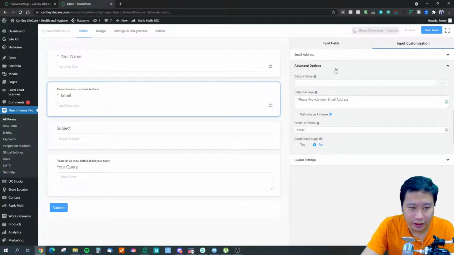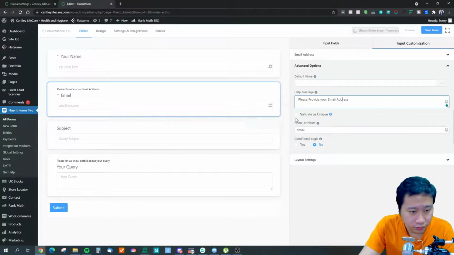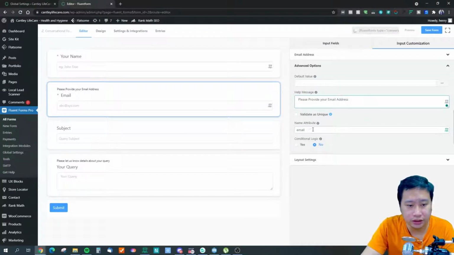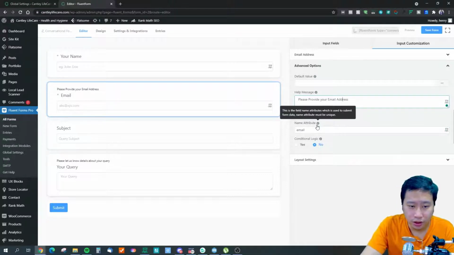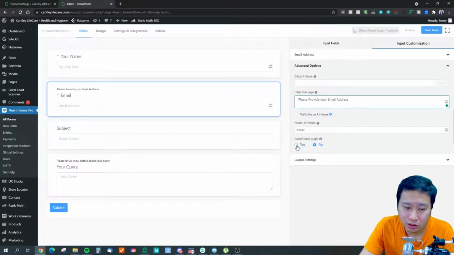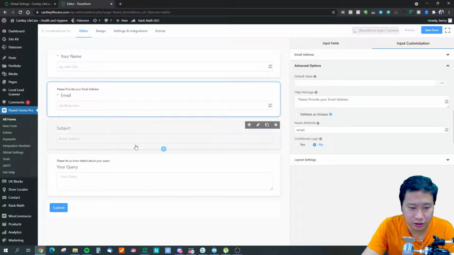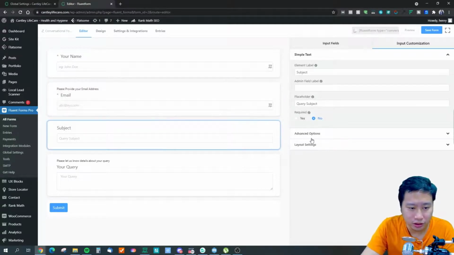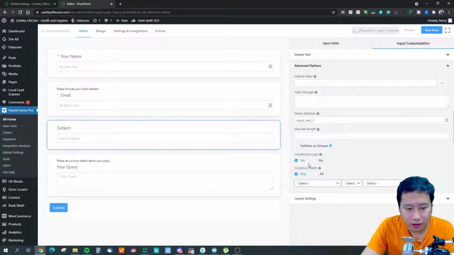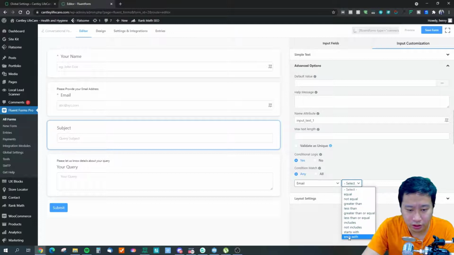And any advanced option, if you want to give a particular point or value to this field, you can use this as a calculation. And any help message, and then the name attribute. And then whether you want to enable conditional logic as well. So for example, let's turn this off. So for example, I could turn on conditional logic here, and I can show only if the email field contains